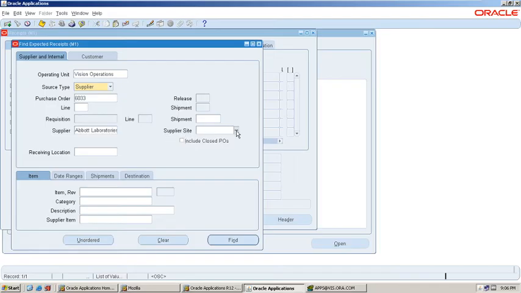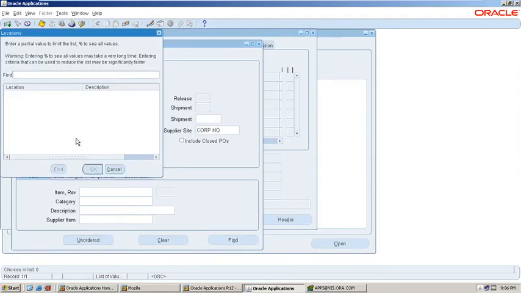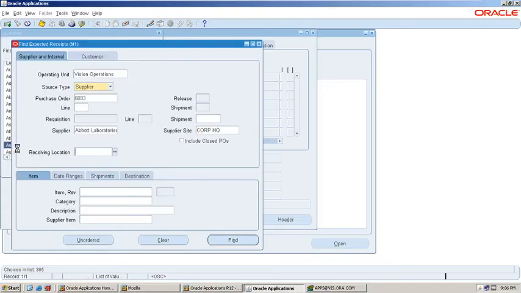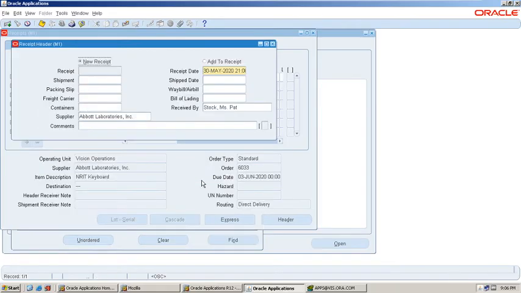Abbott Laboratories. Supplier site is Corp. Receiving location is Akla. Just click on find. Then you will see the details.